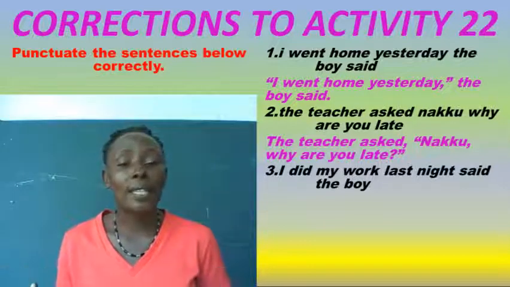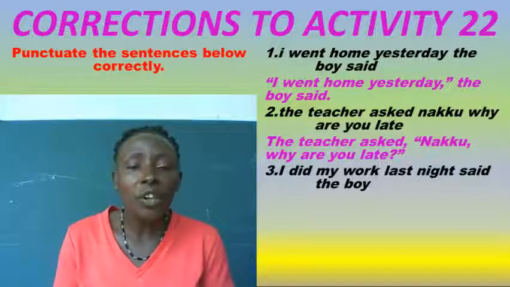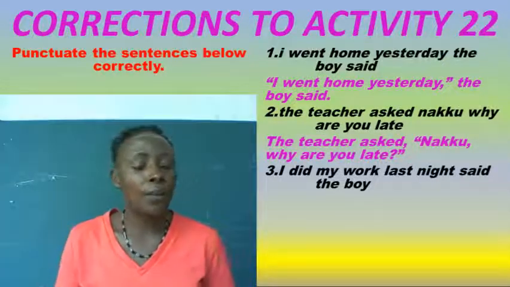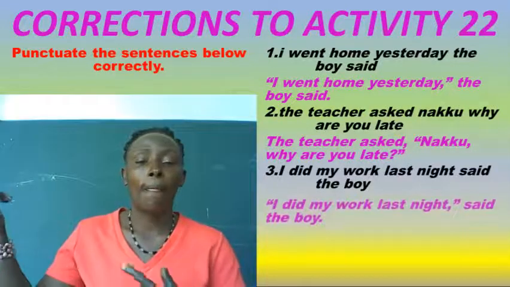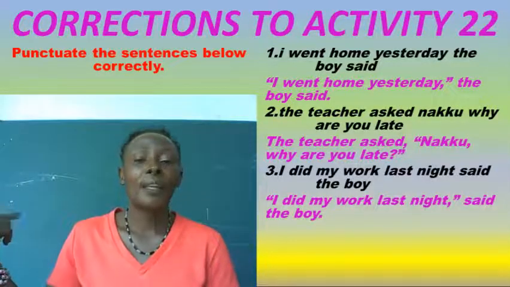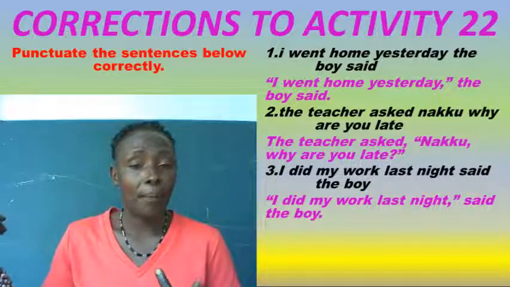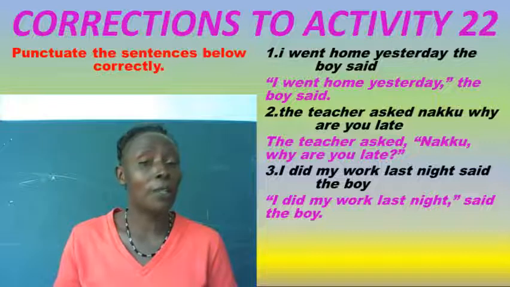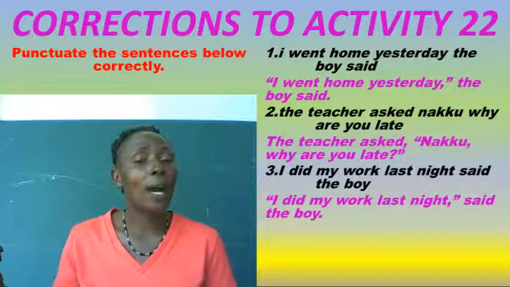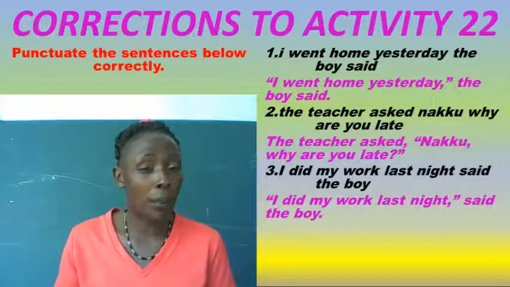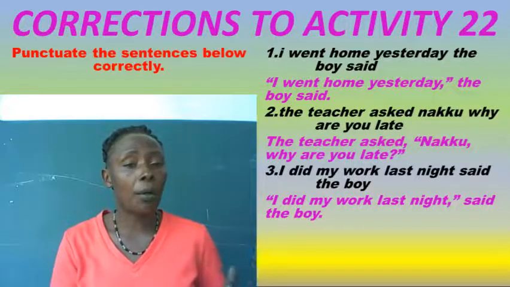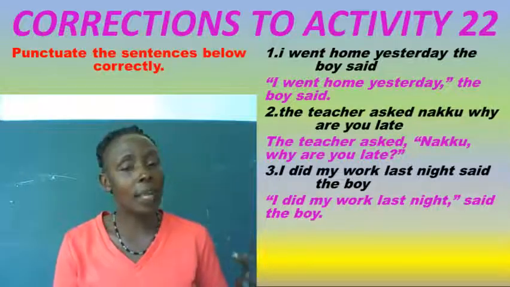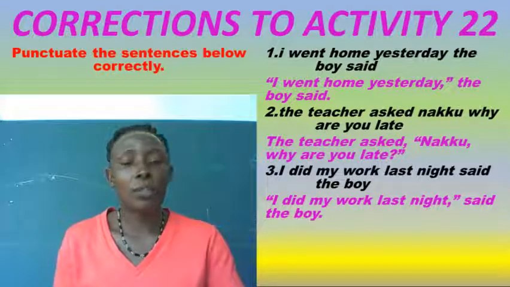I did my work last night, said the boy. So here our sentence begins with the actual words and ends with the speech tag, which means you have to open the quotation marks. We have the pronoun I, which begins our sentence, and it must be a capital I. I did my work last night. These are the actual words. You have to end with a comma, close with the quotation marks, and end with the speech tag, said the boy. So let's look at question 4,